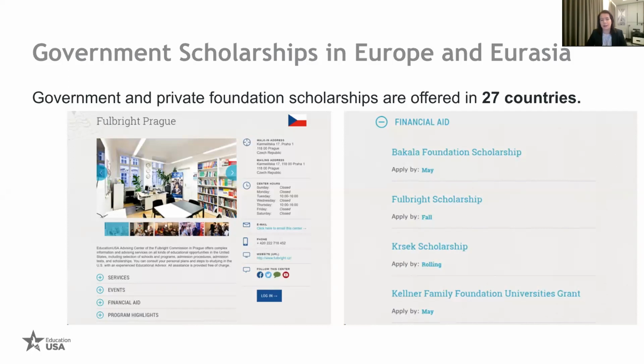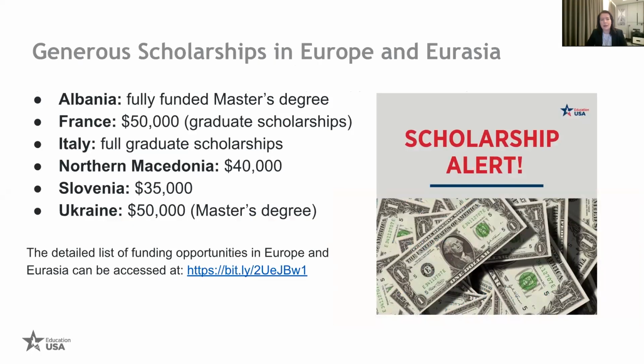If we check out the next slide, you'll be able to see a snapshot of some countries that have generous scholarships available. So scholarships that would ultimately be able to cover the full tuition costs of a student attending your institution's program. So these are scholarships available for a full year, and they can be renewed. This is just a snapshot of what we have available. There are also other 21 countries, which you can find in the handout.